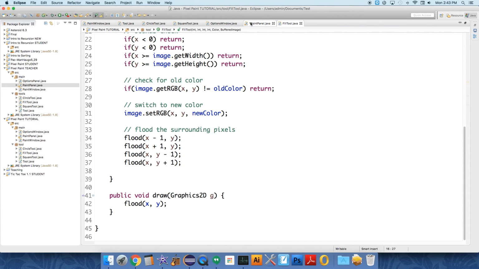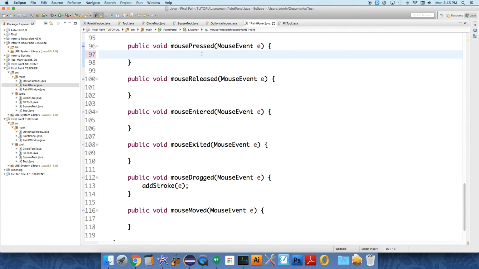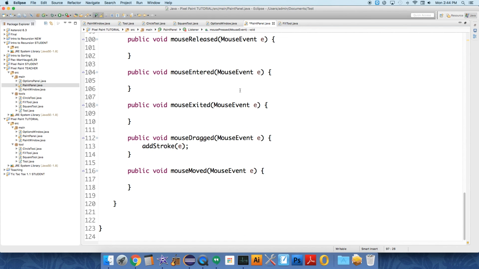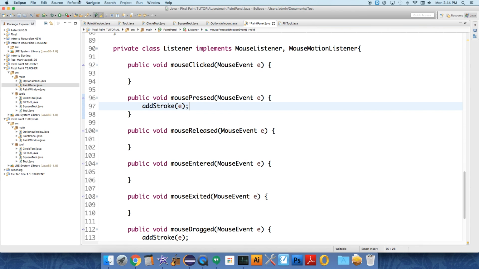Also, we needed to add in the Paint Panel class under mouse pressed, add stroke, because when the fill tool is being added, we really just want people to click on something. So right when the mouse is depressed, we want to add a stroke in that instance, and I believe that fixes our issue,